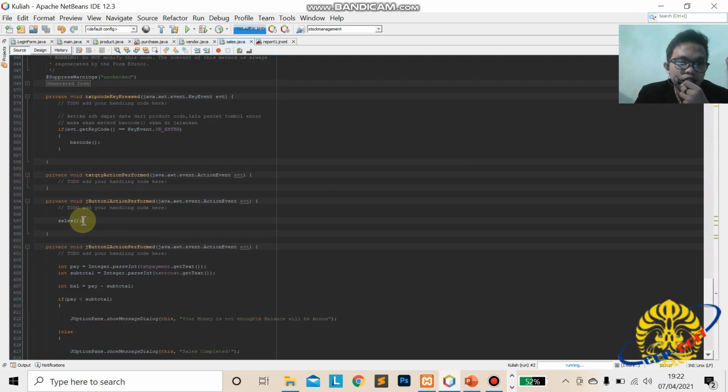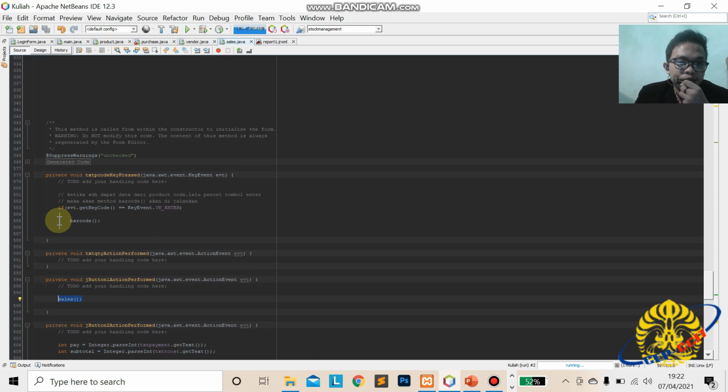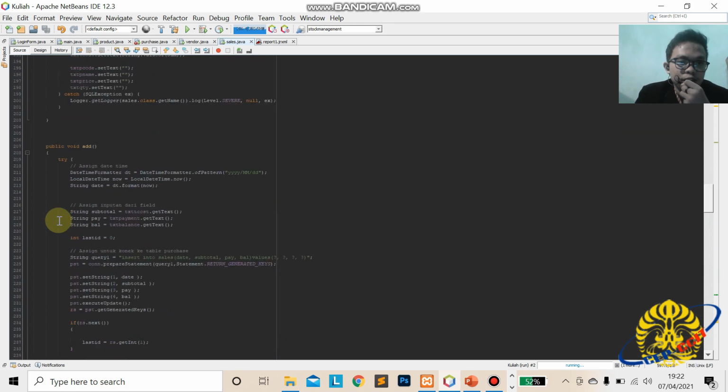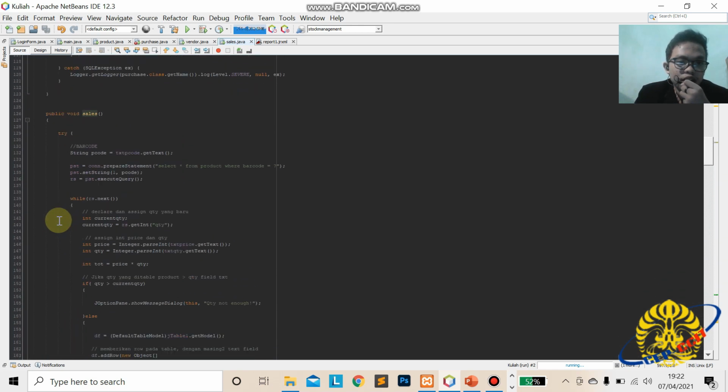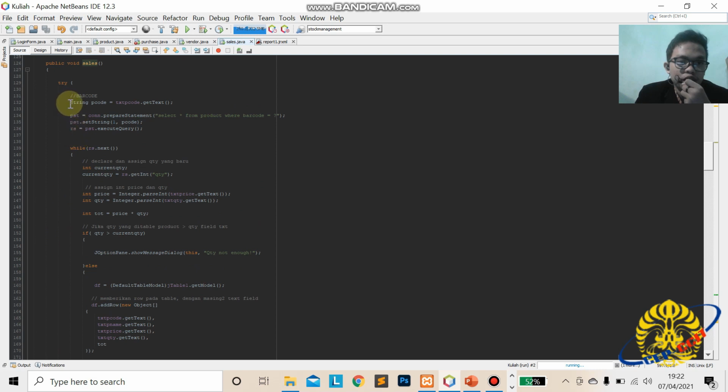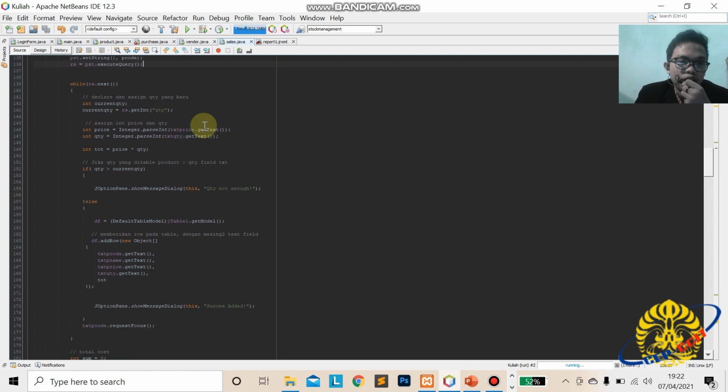Yep, the add button sells. Actually this sales method is the same as the purchase method before. So we go to the sales. This is where we check the barcode. Okay, and then this is the current quantity.